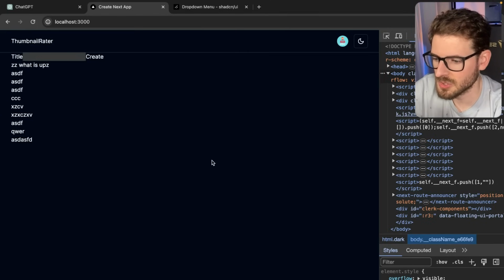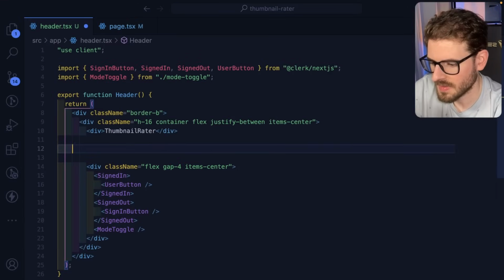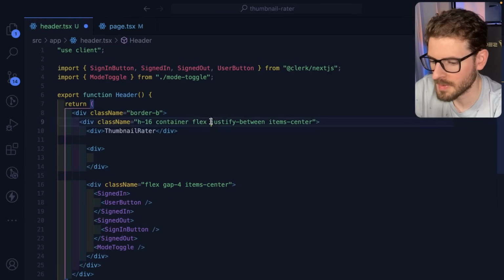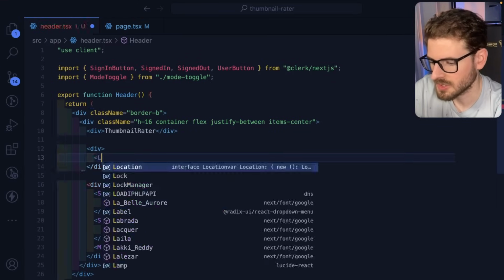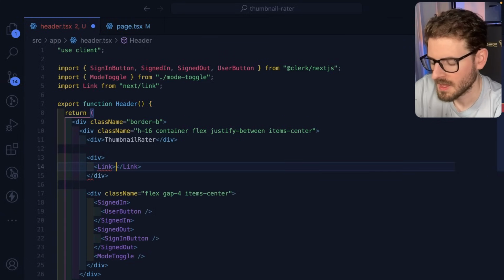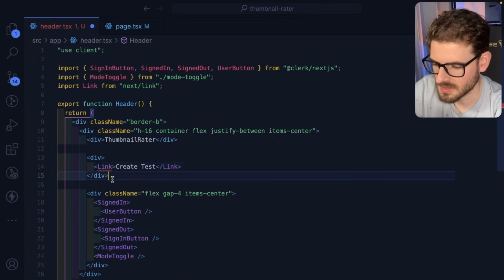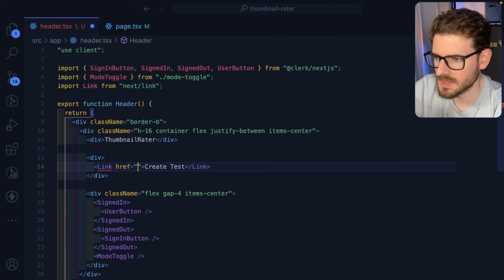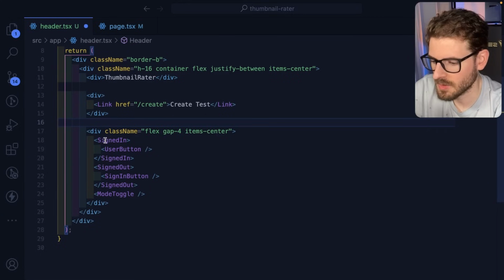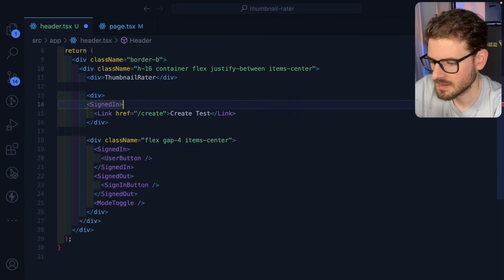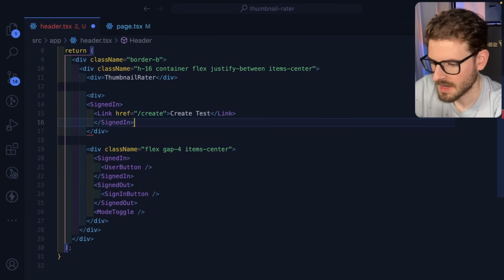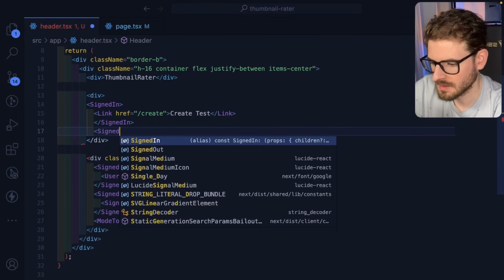so we can have some navigation to a subroute. So in the header, I'm going to add another div. Remember, because we're using justify between, it's going to push space between all these divs. So if I were to put a link here, we can just go ahead and say like create test. And for the href, I'll just go ahead and say create. And we'll make a route for that in a second. And we only want to show this if we're logged in. So let's just go ahead and put like a signed in section like this. And if we're not signed in,